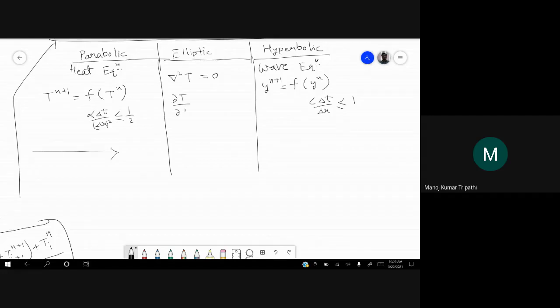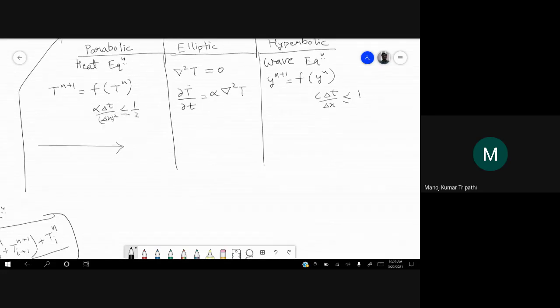So instead of writing this complete unsteady heat conduction equation, we set dou T by dou t, that is temperature change with time, to 0, and alpha is finite. So del square T is equal to 0 at steady state.